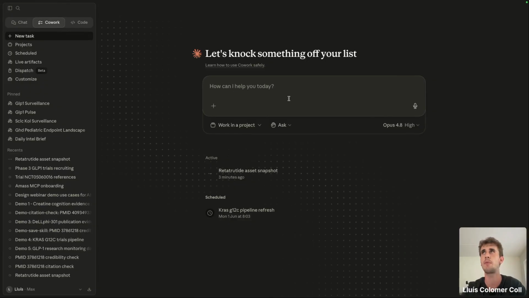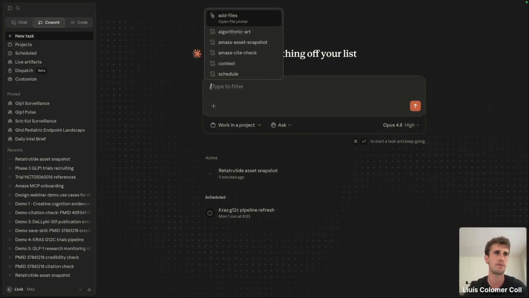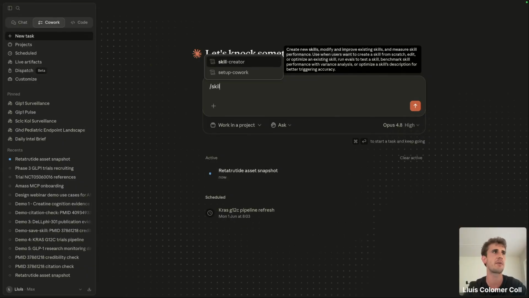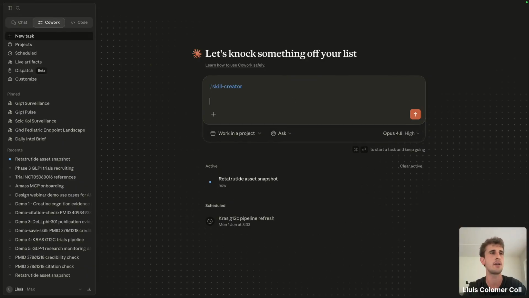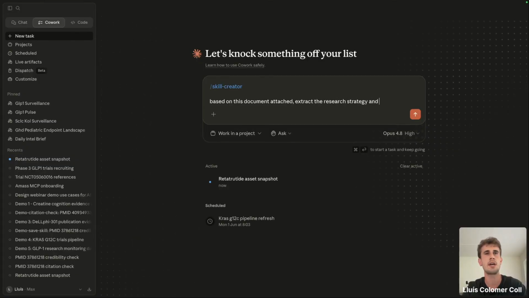What if you have a document where a research strategy is clearly defined? Or what if you already have in mind super clearly what you want to be defined? You can use what's called the skill creator, and based on this attached document, extract the research strategy and use it to build a